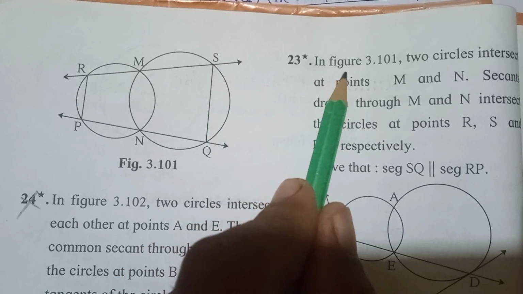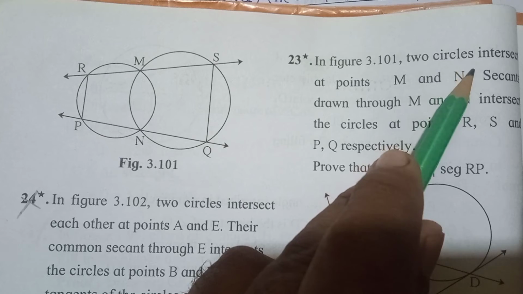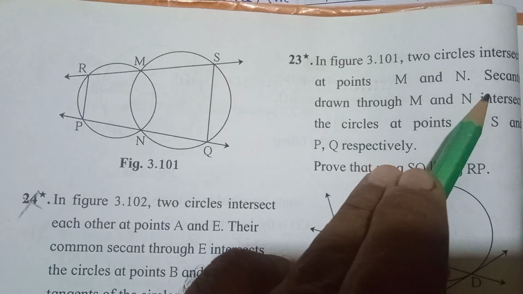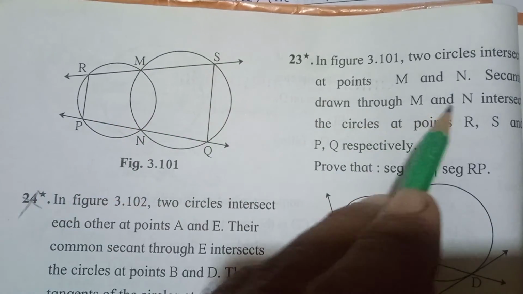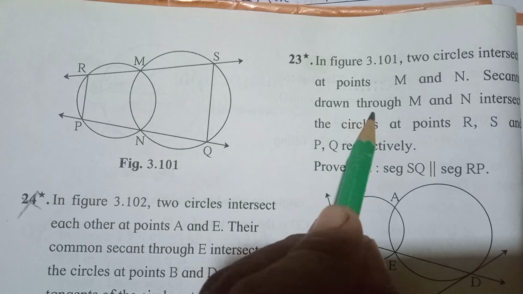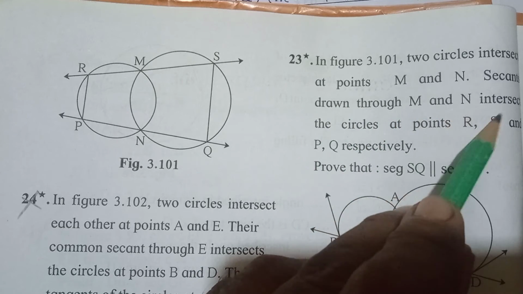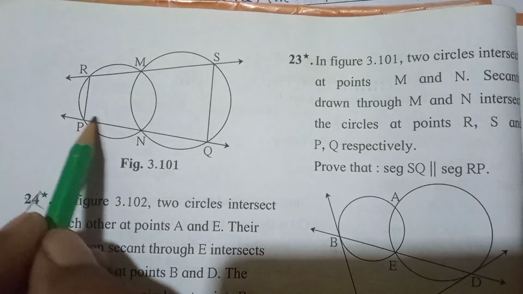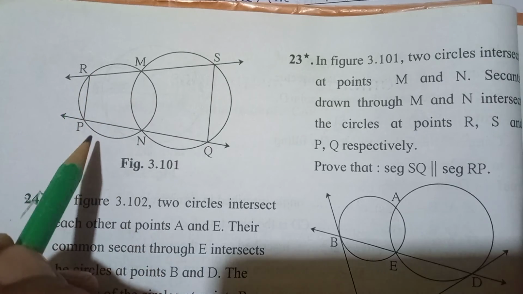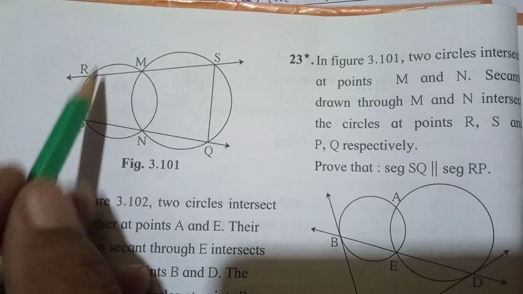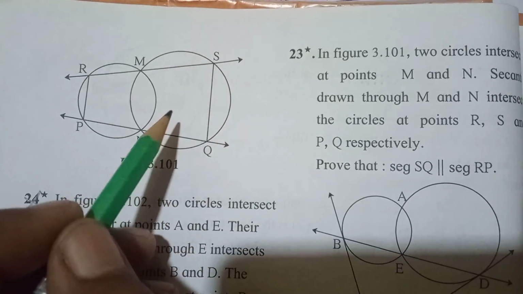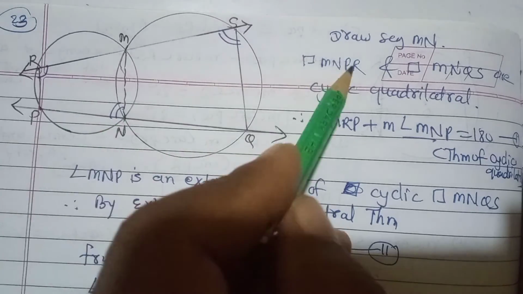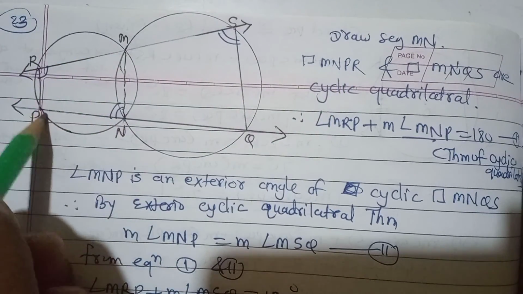Question number 23. In the figure, two circles intersect at points M and N respectively. Secants drawn through points M and N intersect the circles at points R and S, and P and Q respectively. Prove that RP is parallel to SQ. Draw seg MN. Quadrilaterals MNPR and